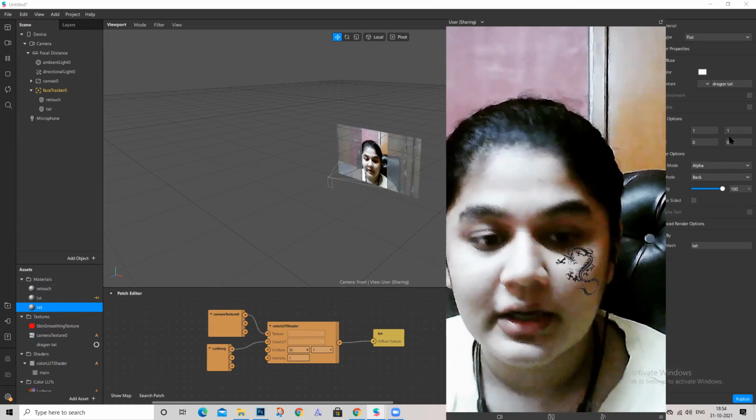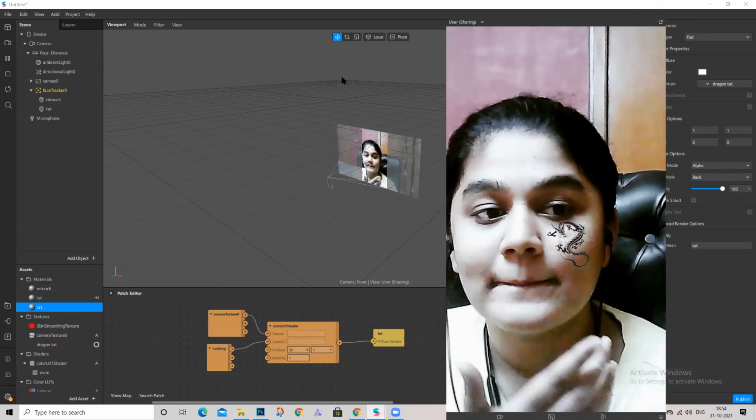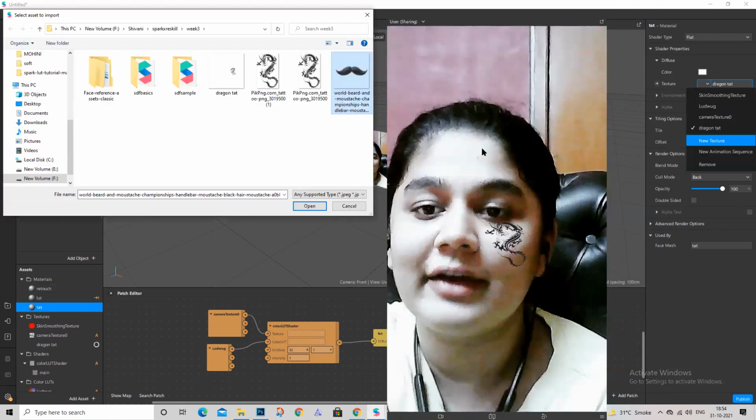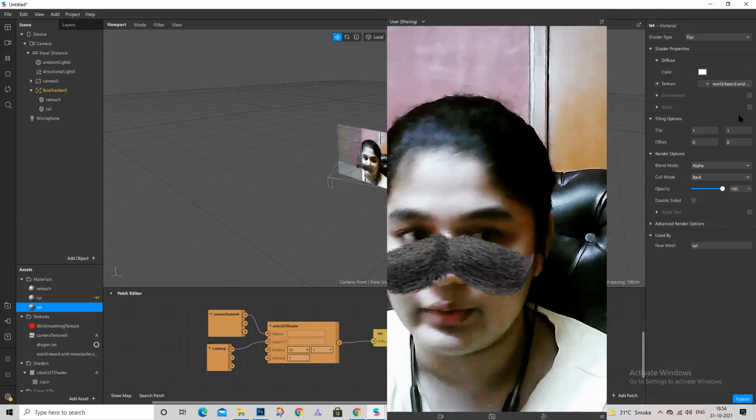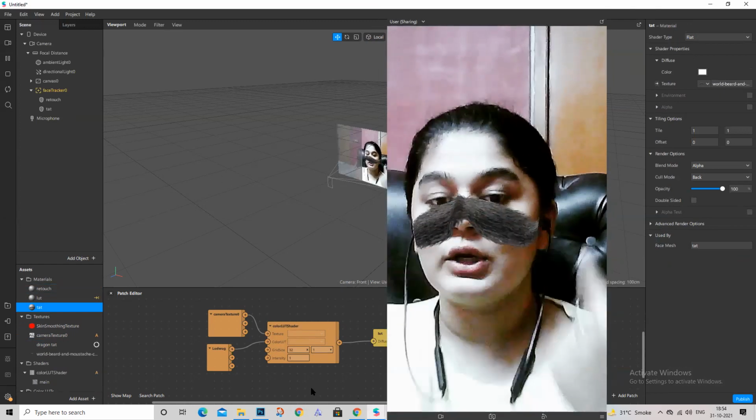I have this mustache, so I can use it over here, but it hasn't come out well yet. See, it's on my nose. I want it below my nose. So what will I do?